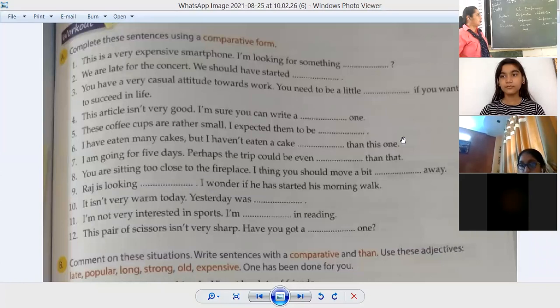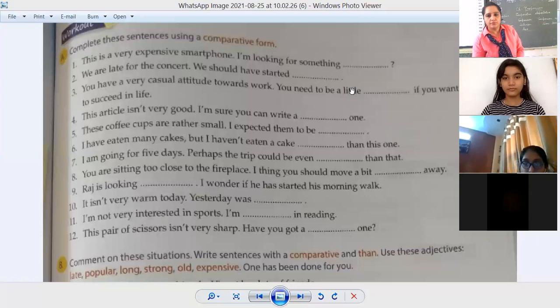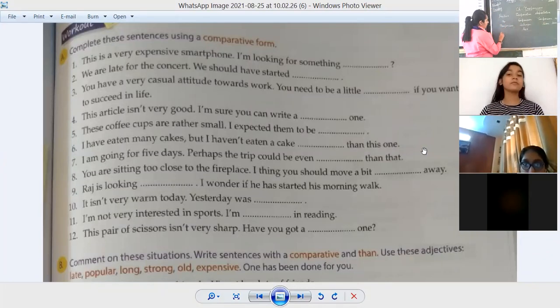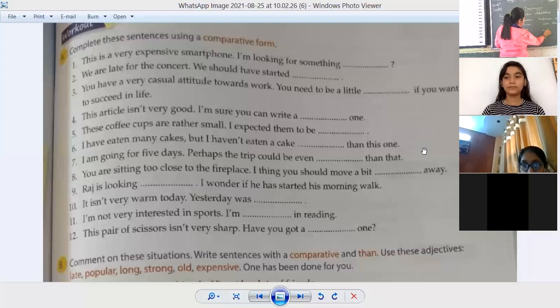So today we are going to learn about the comparison chapter. There are three forms of comparison: positive, comparative, and superlative. When we are making no comparison, we use the positive degree. When we are comparing two things, we use the comparative. When we are comparing more than two, we use the superlative. I can give you one example: good. For comparative we use er, better. And with superlative we have est, best.